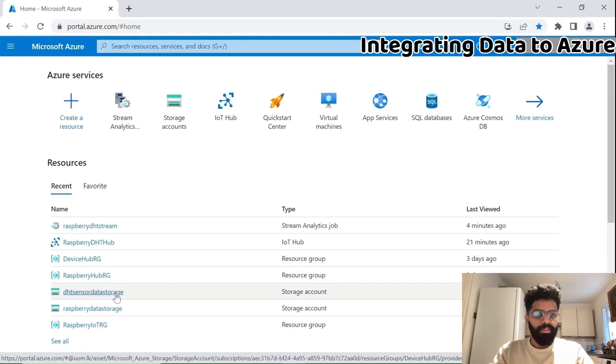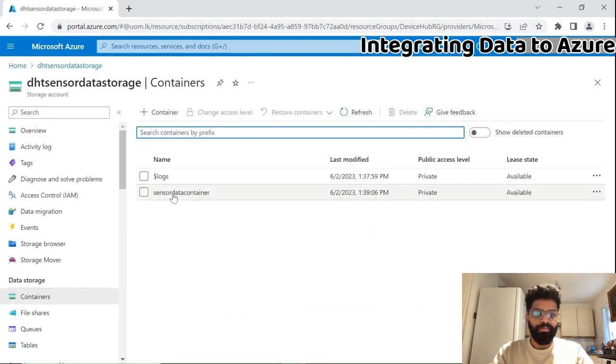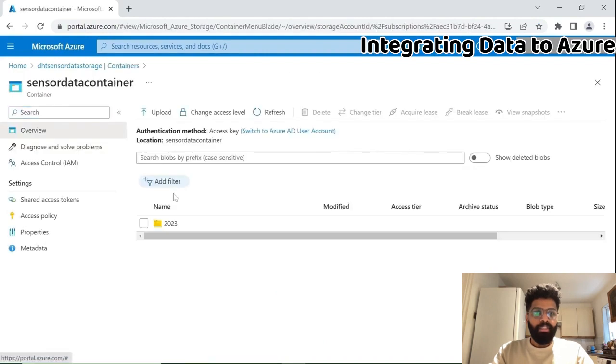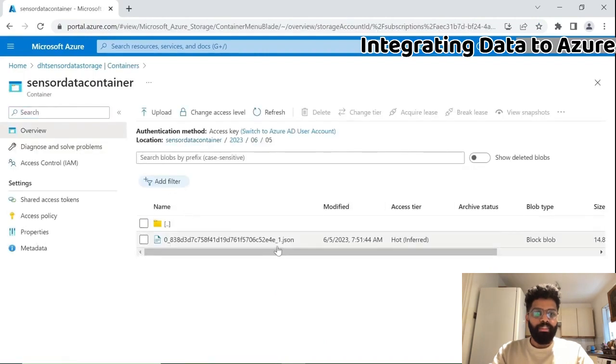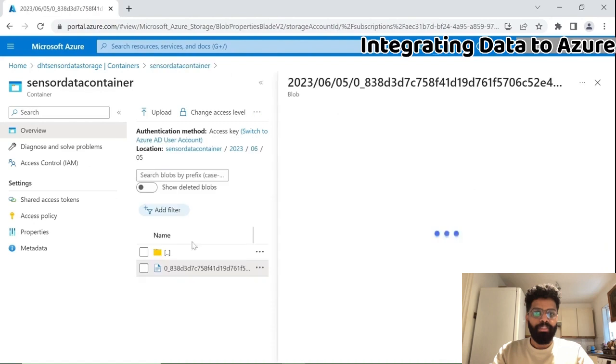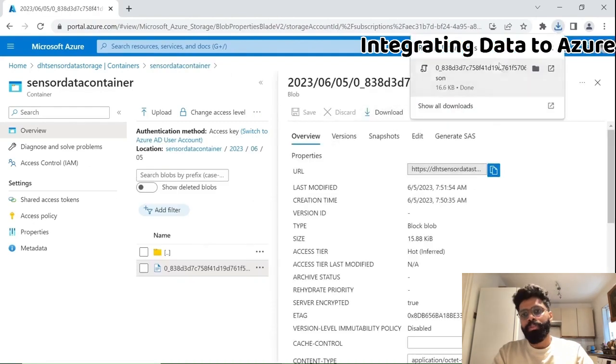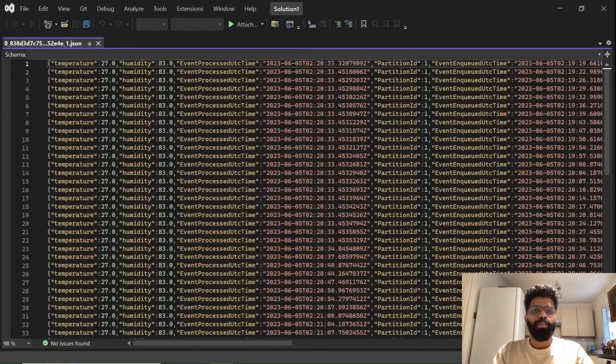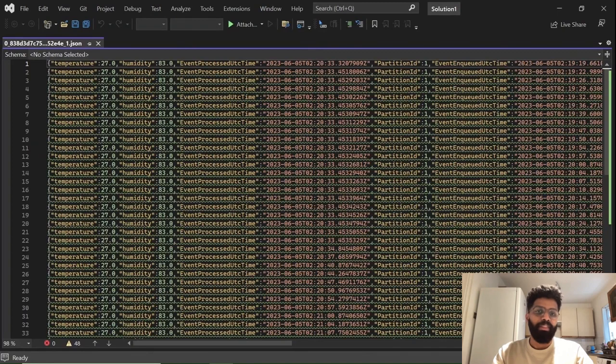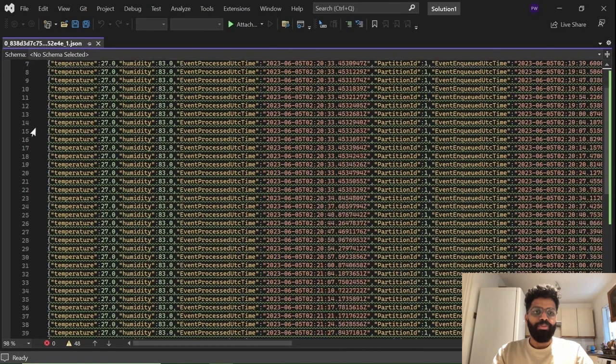Let's quickly jump into the DHT sensor data storage where we get the data, and we go into the containers, and we can see a folder is already created. It is called 2023 and a JSON file is already there. We are quickly going to download the JSON file, where we get the temperature and humidity data being read by the system in Azure, which has been successfully integrated. And this can be further used for any of our